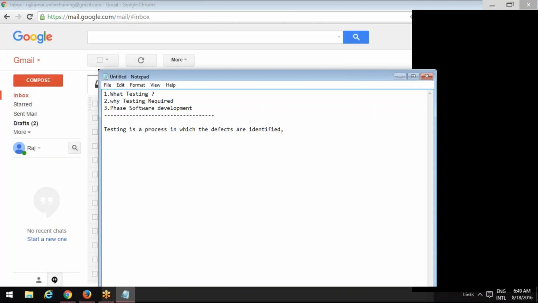The shortcut word is a deviation from the requirement. What is defined in the requirement, if it is not working like that, then it is a defect. It should work like that only; then only we can tell that there is no issue for the login screen. So that's the reason testing is a process in which the defects are identified,